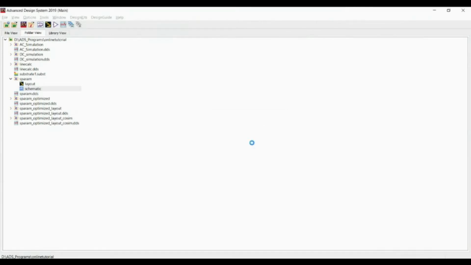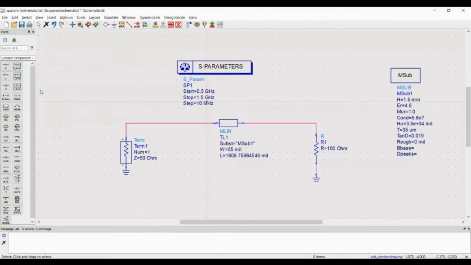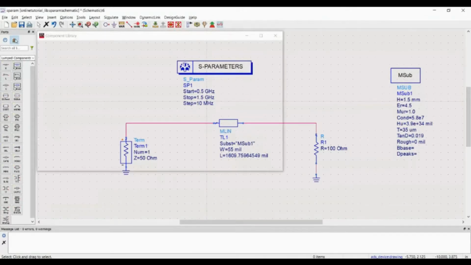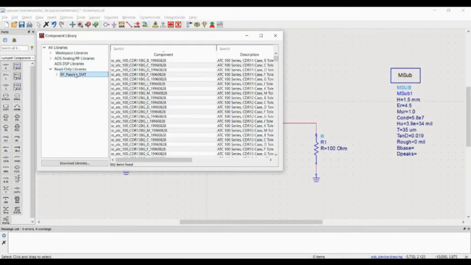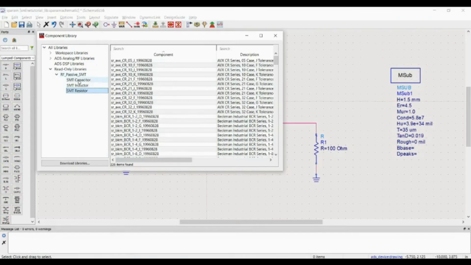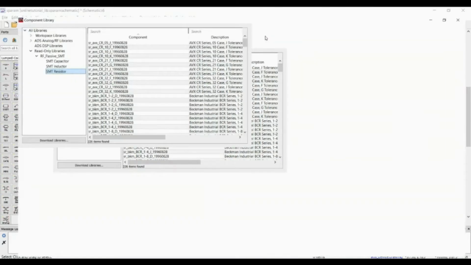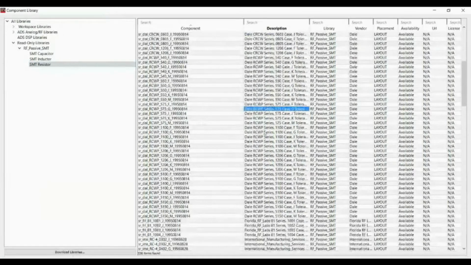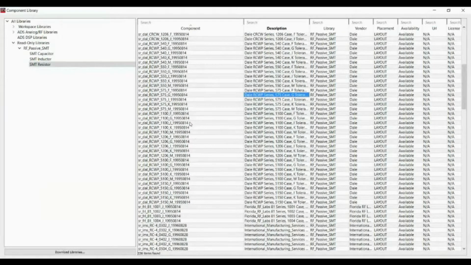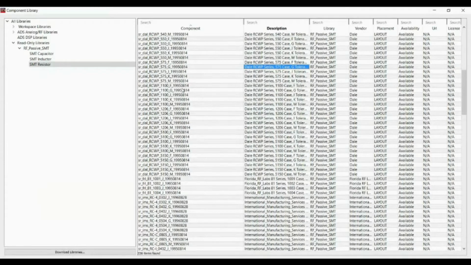Click on yes. So once you click on yes, now if I go to my schematic, open the library here, you see now my read-only libraries have this particular library which I just installed. Whatever library is there, whatever components are there from the vendor, these are listed for your use now. So for example, if you see this particular library, you know that these are the vendors who manufacture components. This is the series they provide. You can note down the series, you can order the components from here. So all this information is provided.